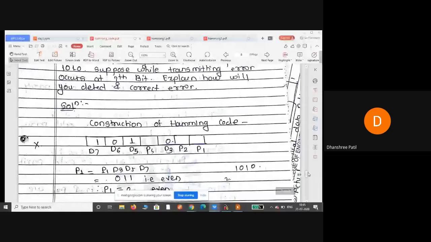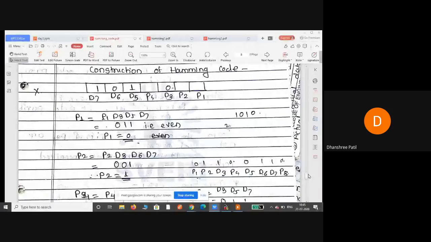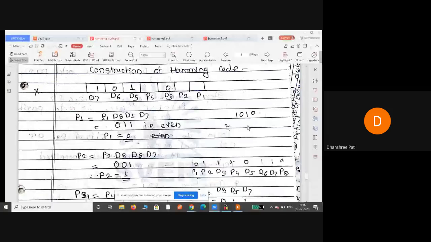This example we will see. Now suppose the data given is 1010. This is the data. Okay, you can see the example. So 1010, that is the only data given. Okay, from that we have to construct the Hamming code as well as we have to detect and correct the